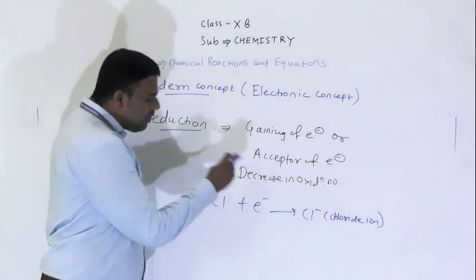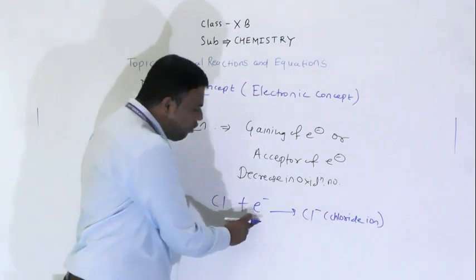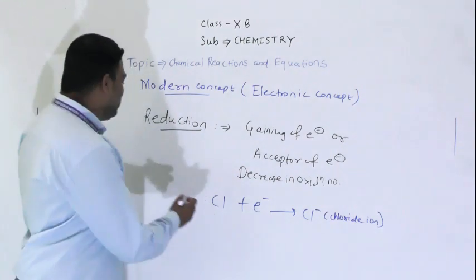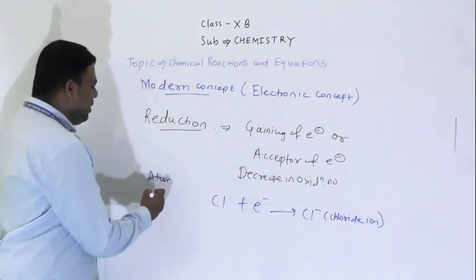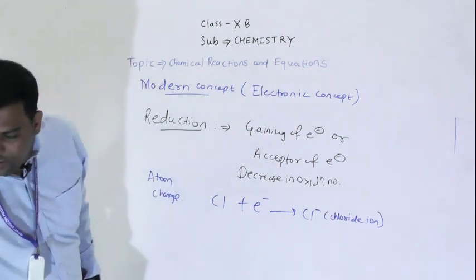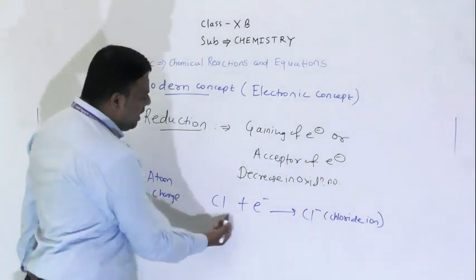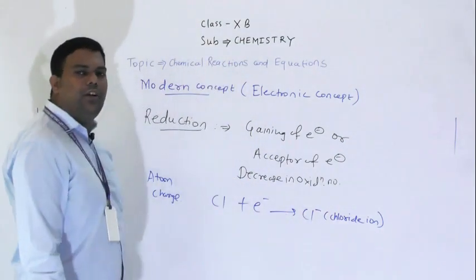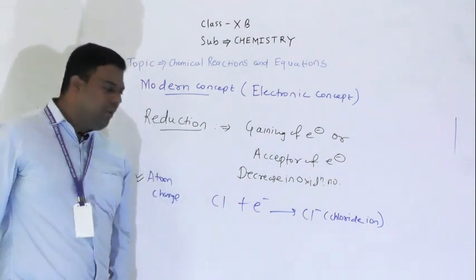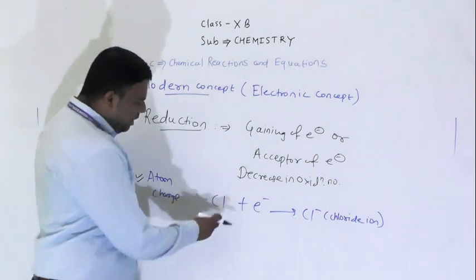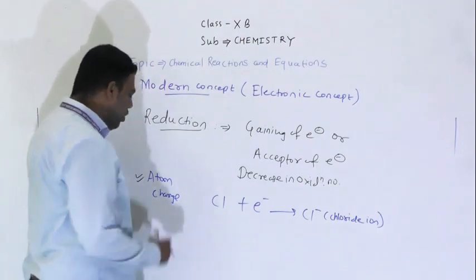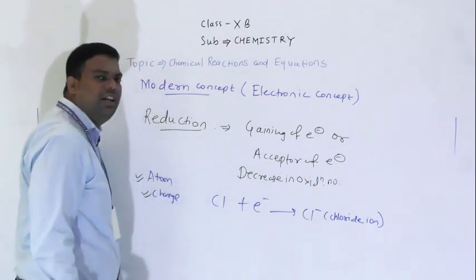Now see here, when this chlorine atom accepts this 1 electron, it becomes what? Chloride ion. So again we have to cross check with this atom as well as charge. See here, 1 Cl, here also 1 Cl. Understood? Okay, so atom is balanced. Now it's time to balance our charge. So see here total 1 minus charge and here also 1 minus charge. Understood? So our charge also balanced, means our reaction is correct.